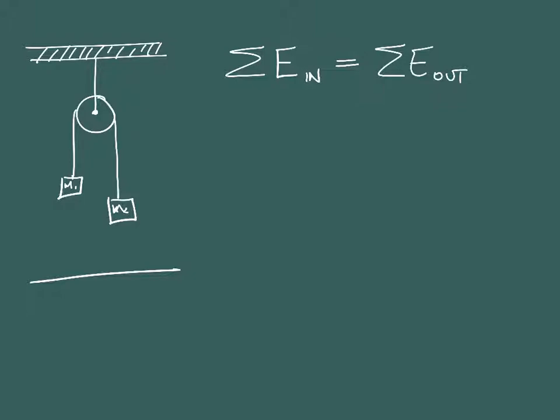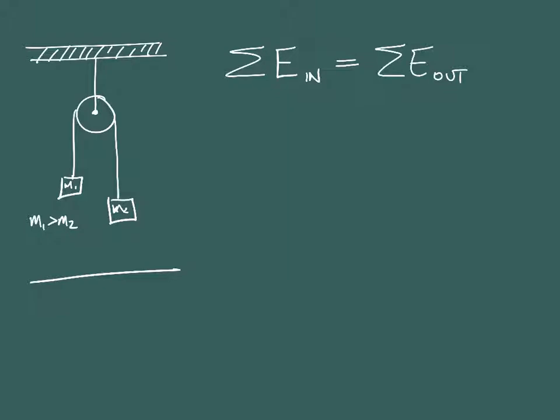Okay? So initially, in this system, before it's moving, all right, so mass 1, you know, greater than mass 2. So before it's moving,